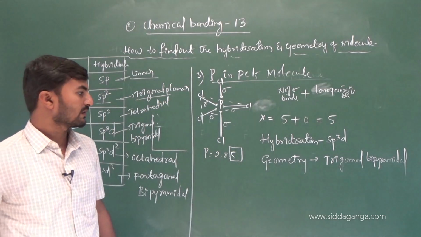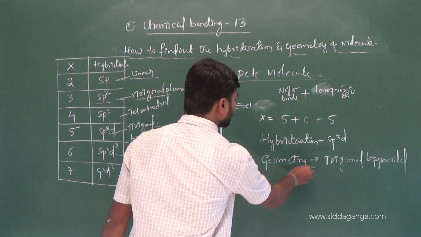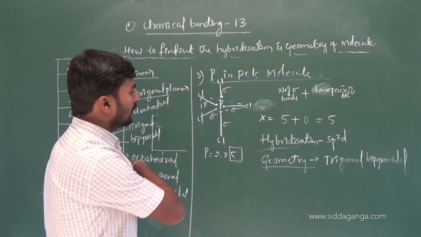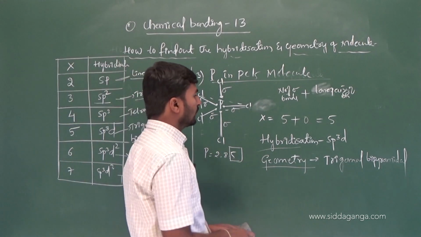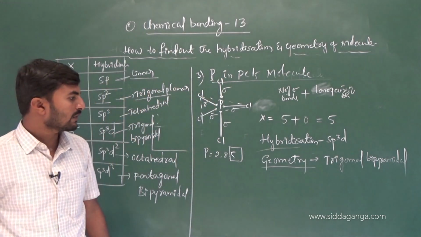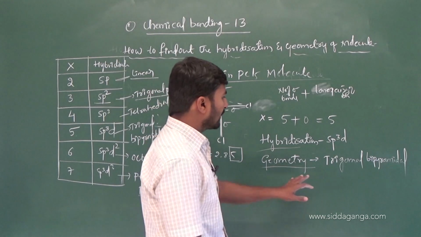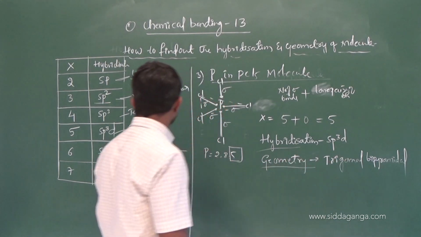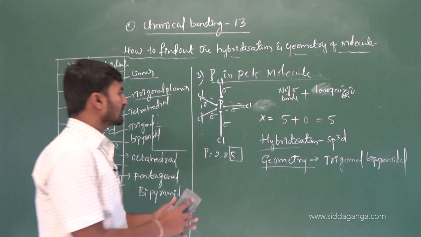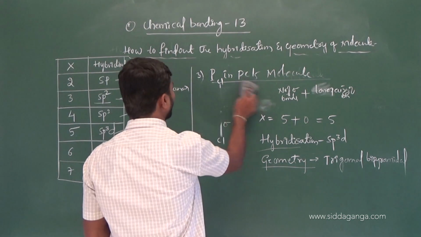Okay, next, is it understood? The hybridization of this molecule will be sp3d, followed by its geometry, which is trigonal bipyramidal. Okay, next we will move on to one more example,